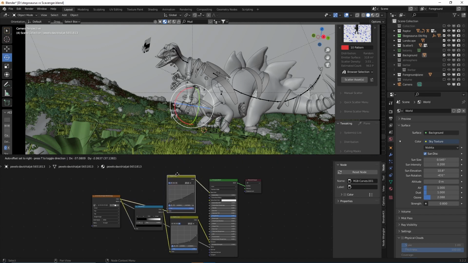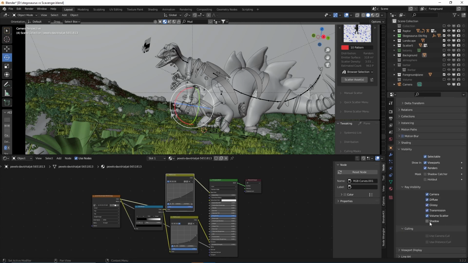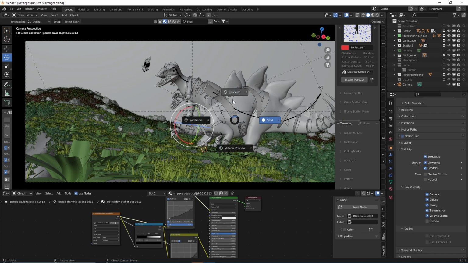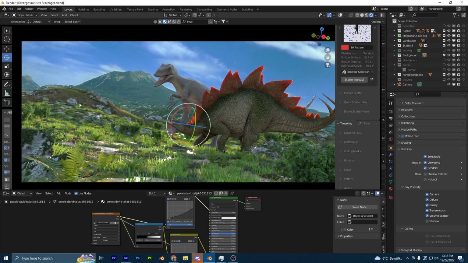What I also did is I went to the object panel and turned off the shadow and ray visibility, so it doesn't cast a shadow over the scene. So let's take a look at it. Looks amazing. But if we take a look at the sides, those feel empty,